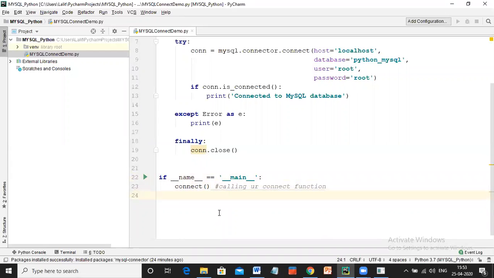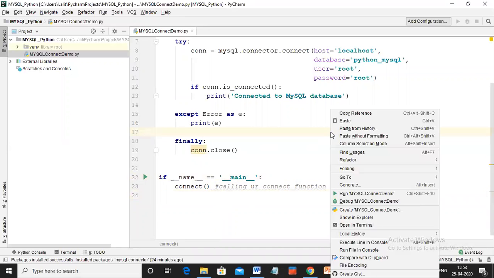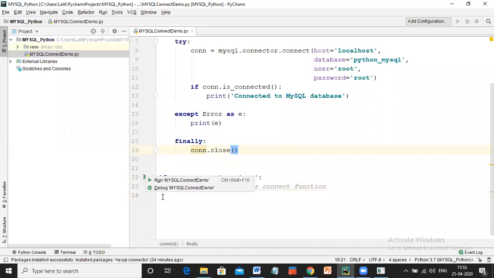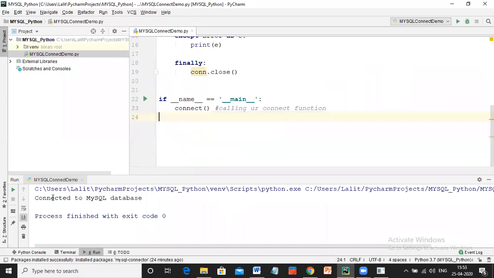Is it okay? Yes, sir. Now, Jinal, I try to run this now. You can click on this and say run. Look here, what it says.